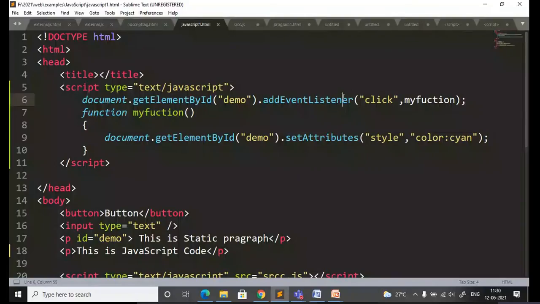It is giving an error, not identifying this function.